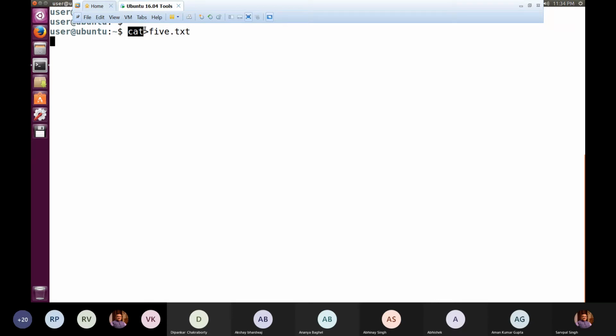But here, surprisingly, what is missing is that before greater than I have not written any file name. So obviously the question arises: what do we wish to transfer to 5.txt, because there is no file name after the cat command? When this file name is missing, surprisingly this cat is not counted as a wrong command. Rather, the cursor comes to the next line, and then you can type something. I can type MMUT, Gorakhpur, ITCA, and after that I give Control D.